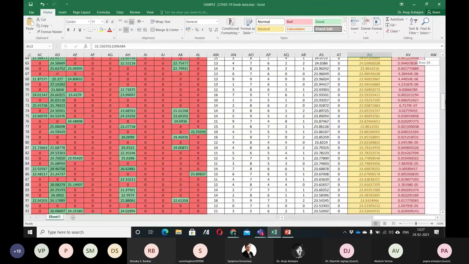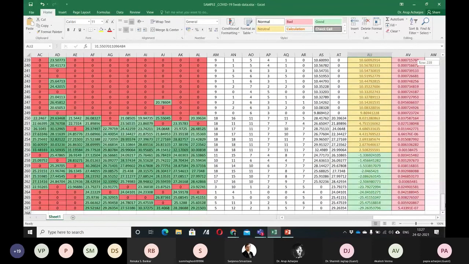The yellow highlighted ones are highly overexpressed. Quite a huge number of genes got overexpressed. And then there are a few genes that were